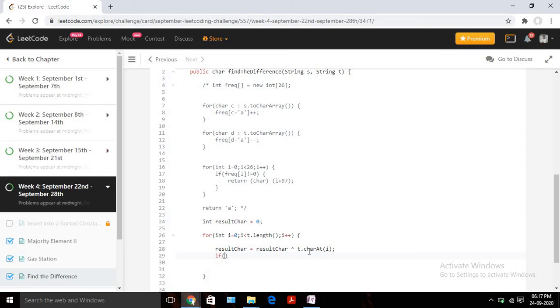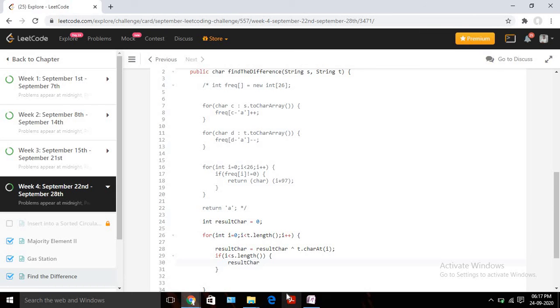We need to do it for s also, right? But to avoid the array out of bound exception, we need to put one if condition here, because I always know that the string size of t will be larger by 1 than s. So I will check if i is less than s dot length. In that case, we are going to do the XOR operation for the s character also.